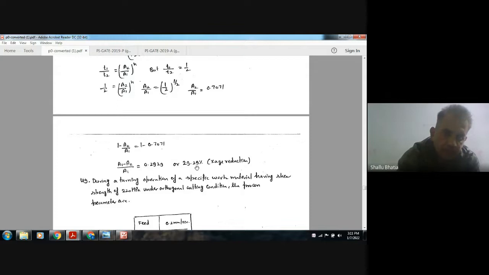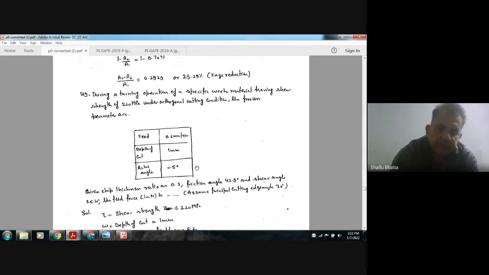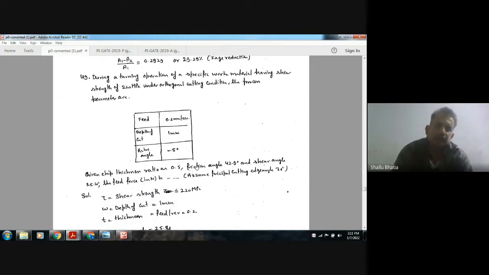We get 29.29%. Okay. Next, during a turning operation of a specific work material having shear strength of 220 MPa